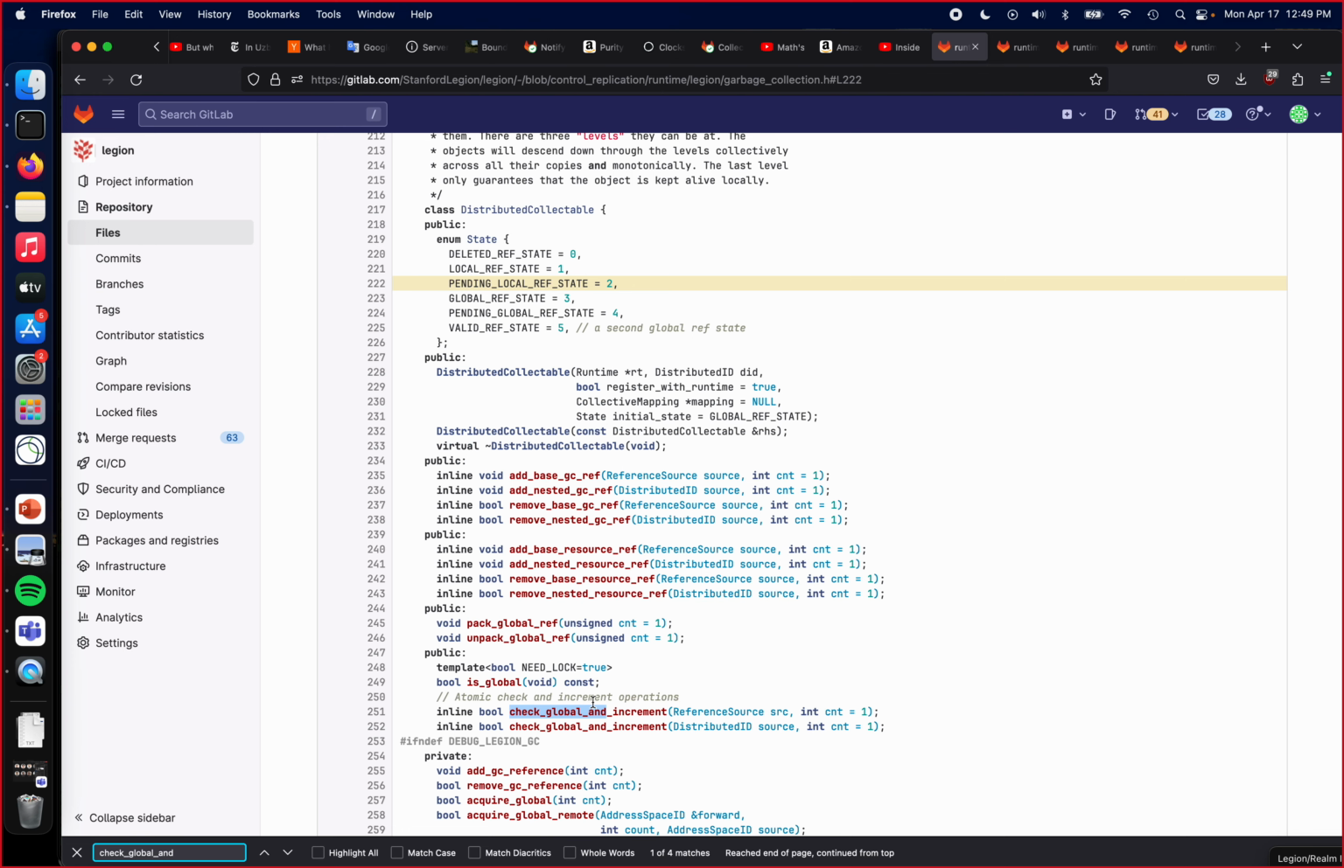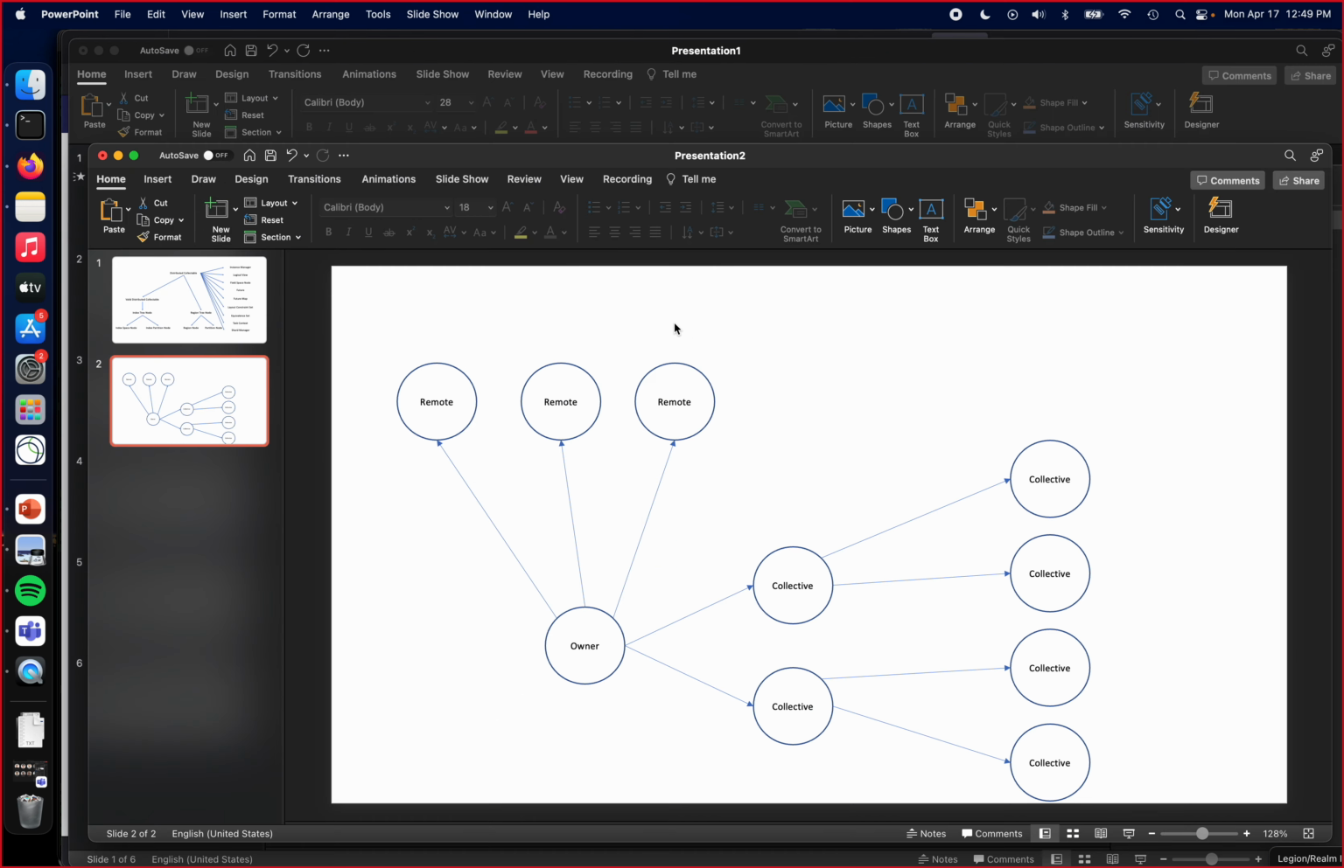So the check global and increment is really simple. Effectively, it will say, am I in the global reference state? If this node is still in the global reference state, you can immediately say, okay, we're still global and we can increment the reference count on this object. However, in order to avoid races with the downgrade process, if we detect that this node is in a pending local state, we then have to send a message to the downgrade owner, to race with the downgrade protocol. And what that allows is that